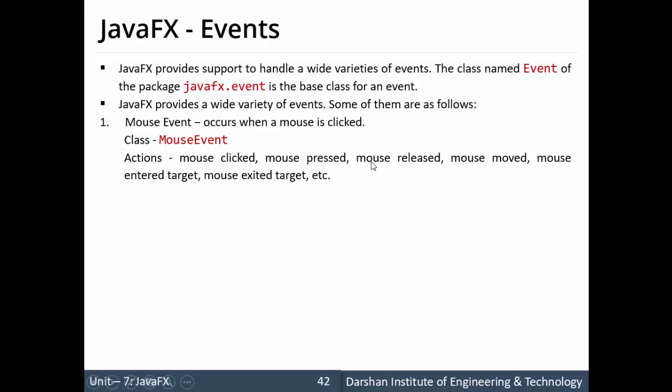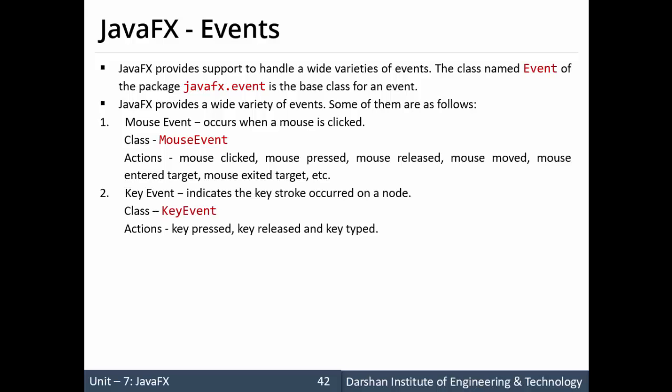which can be performed by these events are mouse clicked, mouse pressed, mouse released, mouse moved, mouse entered, and mouse exited. That means when I have a node and I click on that node, mouse clicked is said. When I press the left mouse button, the mouse pressed event is executed. When I release the mouse, mouse released is executed. In the same way, mouse moved, that is when I move the mouse onto the node, then mouse entered, when my mouse is outside the node and it enters the node, and the same way when it exits. So there are various events occurring in the mouse events.